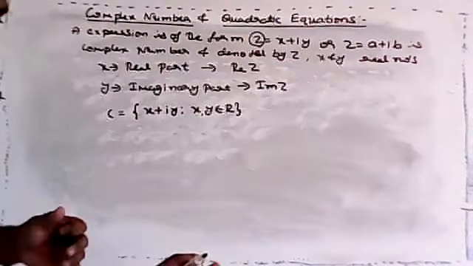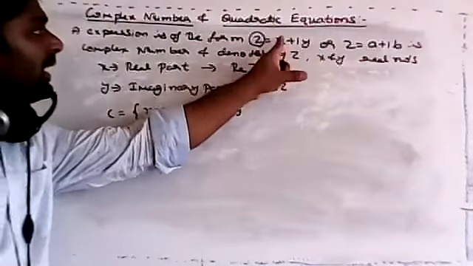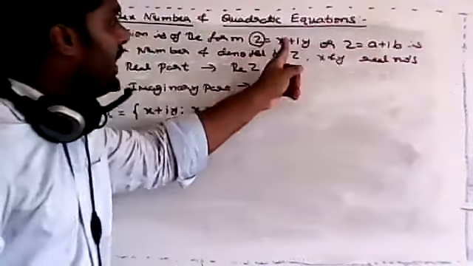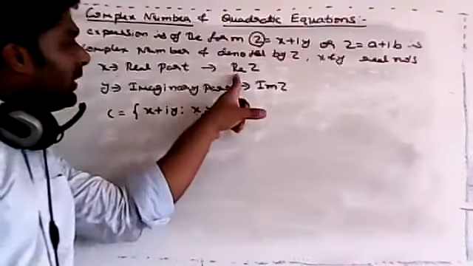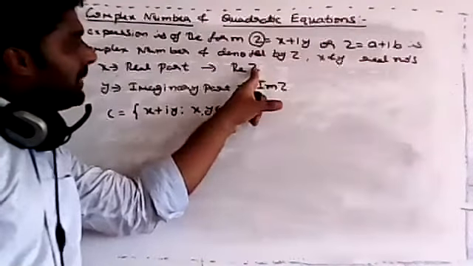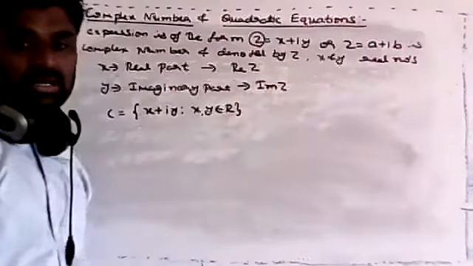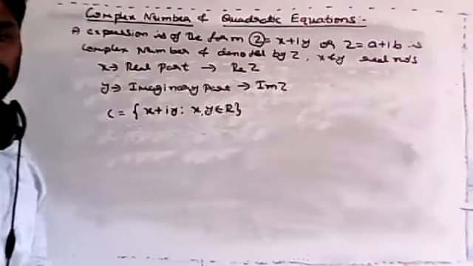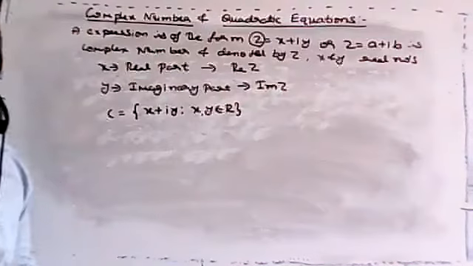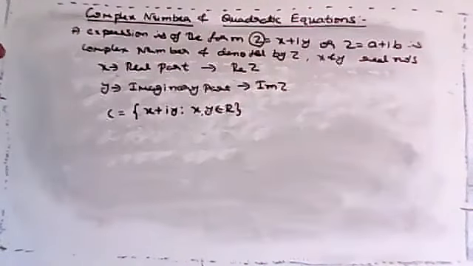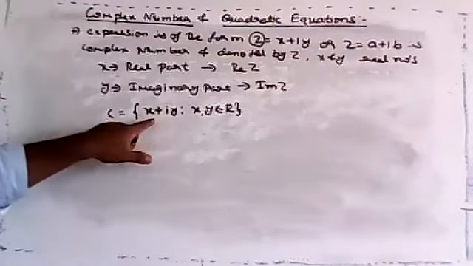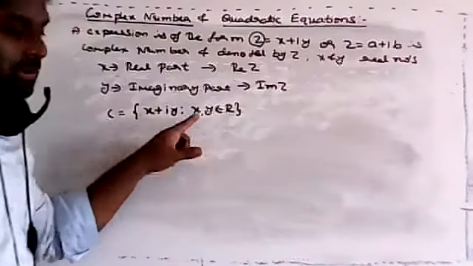Okay, so a complex number means z equal to x plus iy. Here both x, y are real numbers. x means the real part, that we denote by Re of z, capital Z, and y is the imaginary part, Im of z. Yes, all real numbers are complex. So this one is clear.